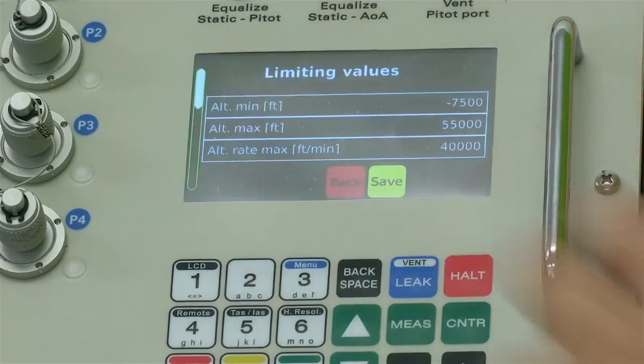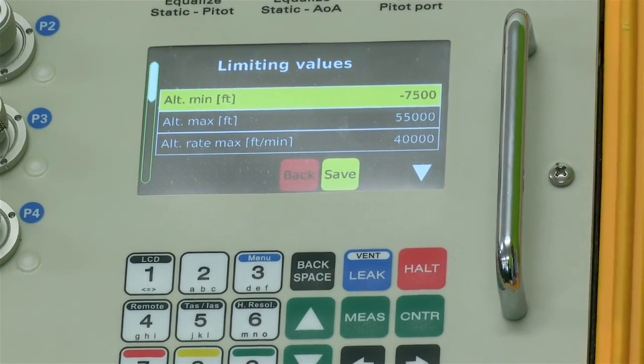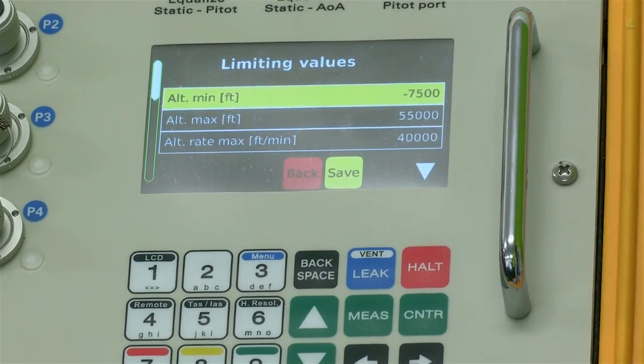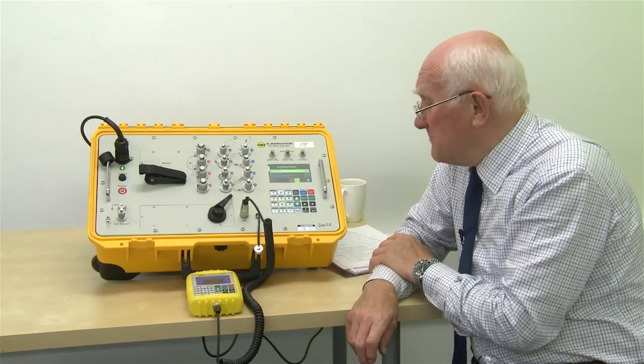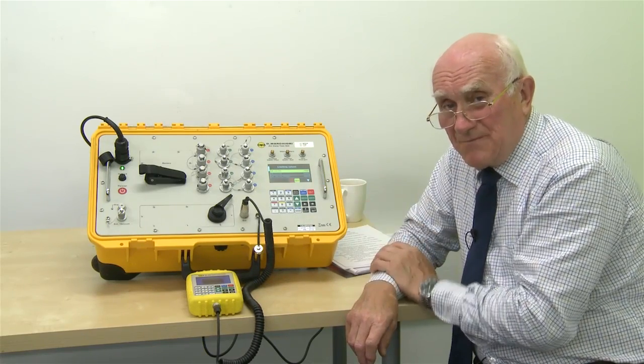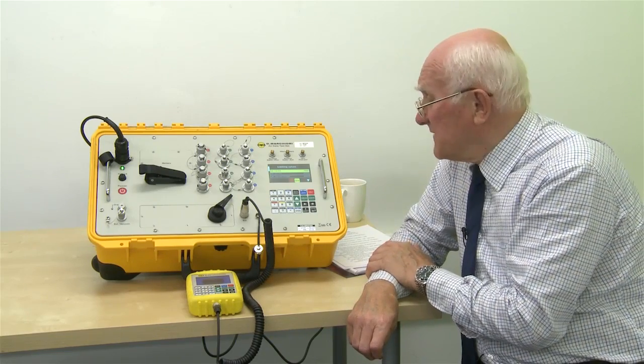At the moment, if I look at limits, it tells me that, for example, my minimum altitude is minus 7,500 feet. My maximum altitude is 55,000 feet. My altitude rate is a maximum of 40,000 feet per minute. If you don't like those, you can change them. Make them safe for your particular exercise. However,